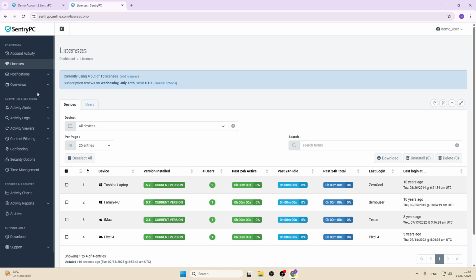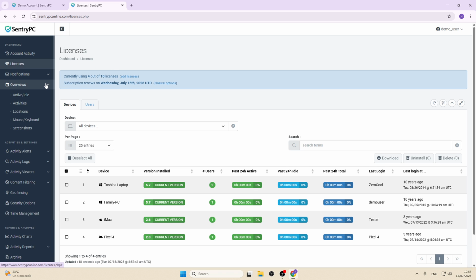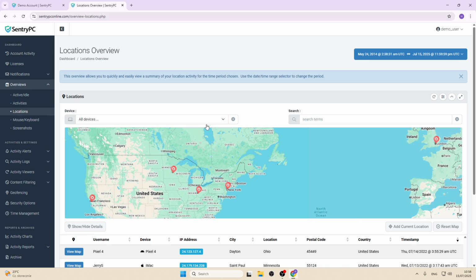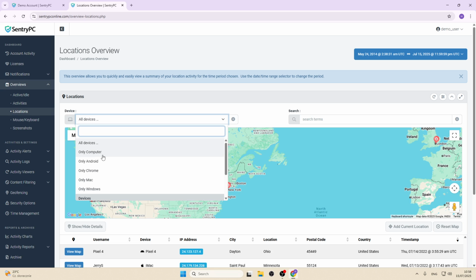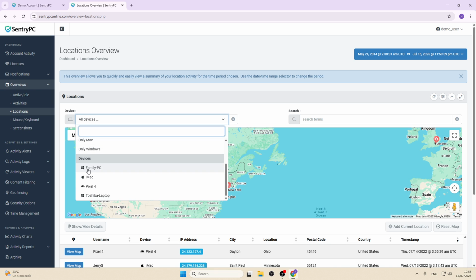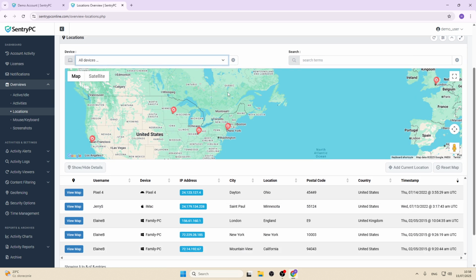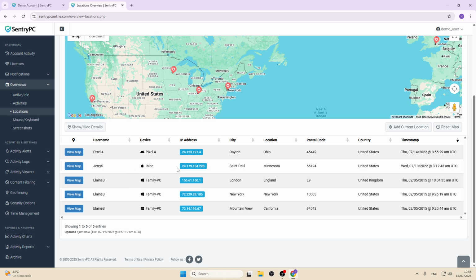So first on your dashboard, go into overviews and then select what you want to check, for example, locations. Here you can select the device, only for example computer, only Android, or all devices. You can also select just one device, but I'll go with all. And here you have all the